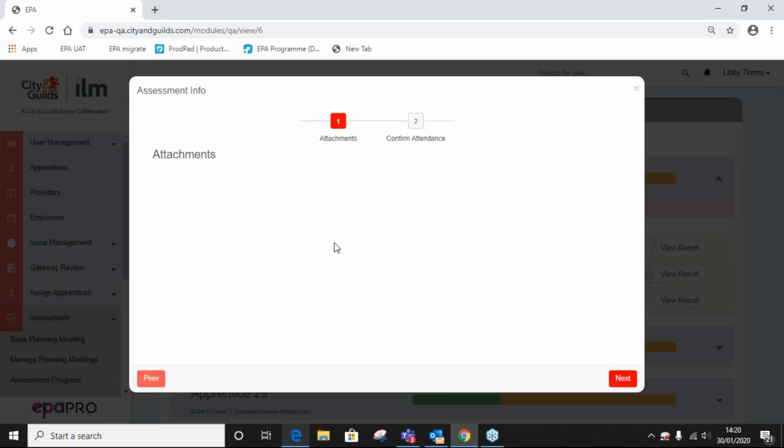By clicking this, you will have here the attachments, and it will give you the option that states View. By clicking on the View option, you will be able to download this and view any evidence that the apprentice has uploaded.